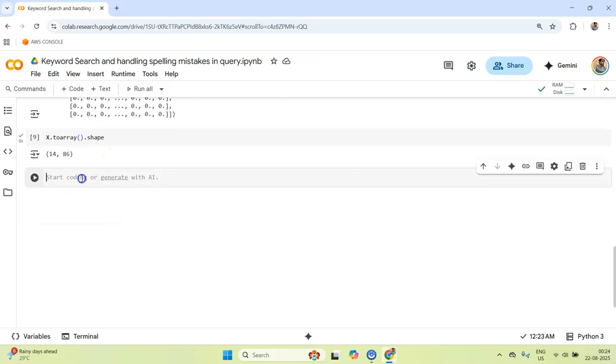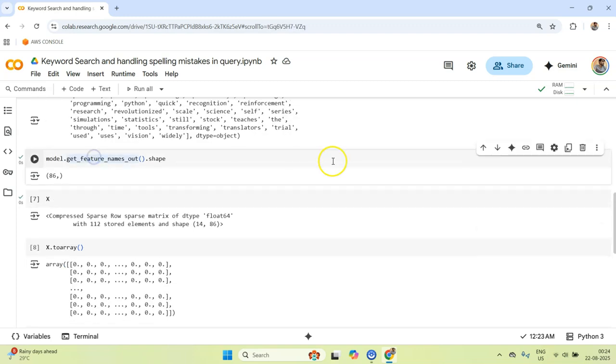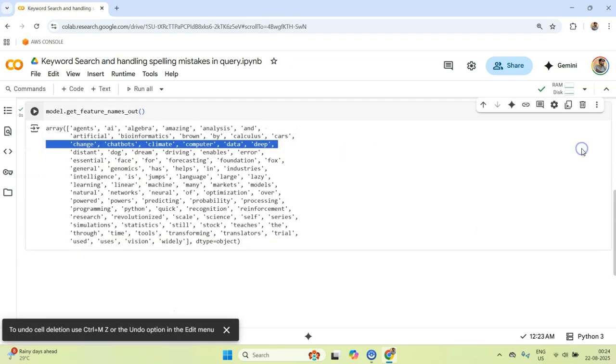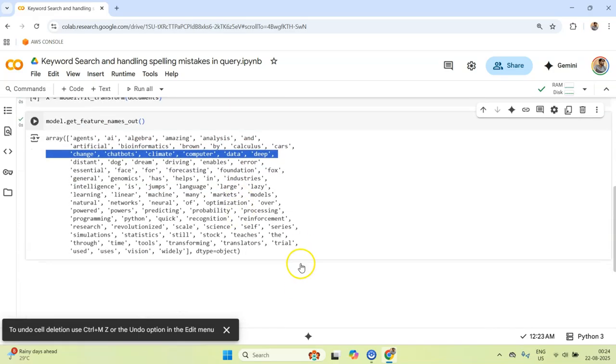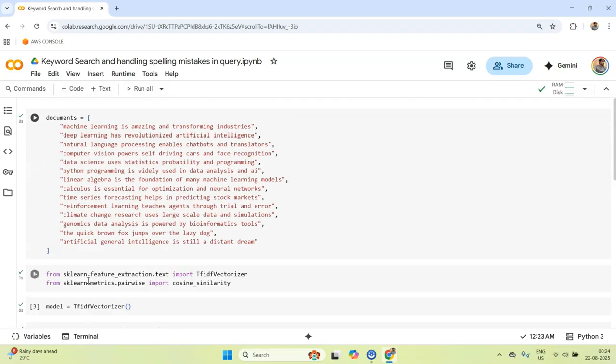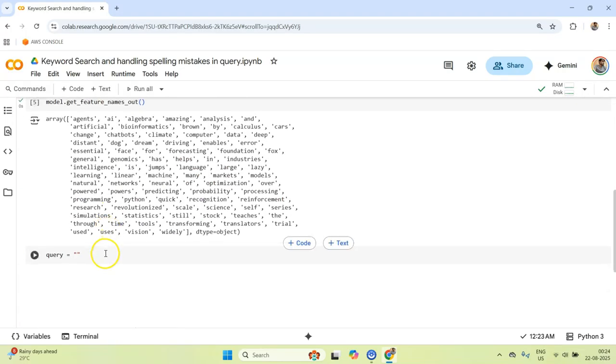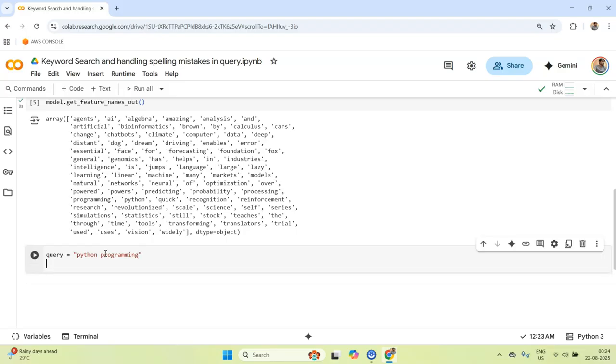Okay, now let's do one thing. Let's first delete these cells where we have printed these things. Now I want to set up my keyword search query. Let's search a query, maybe one query for Python programming. I want to see how many articles are related to Python programming, and then later we will search other queries as well. So the first thing is we need to transform this query into a